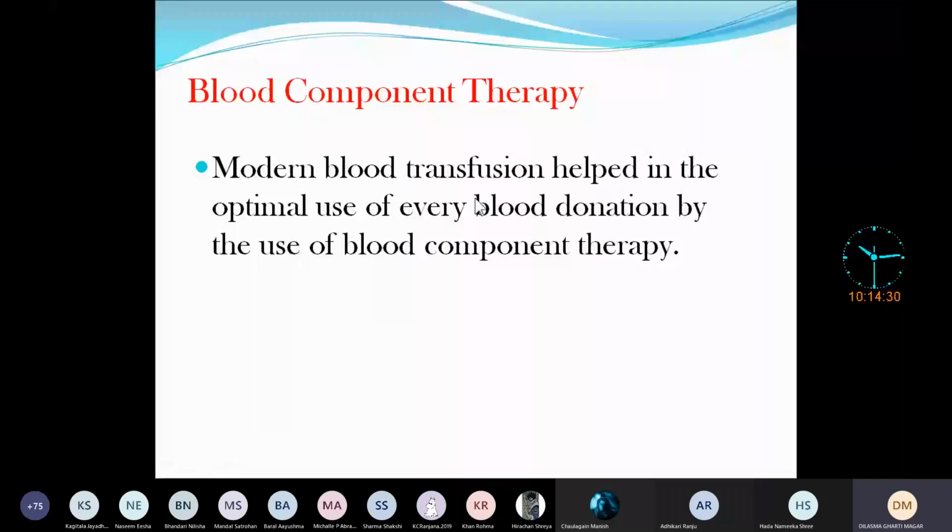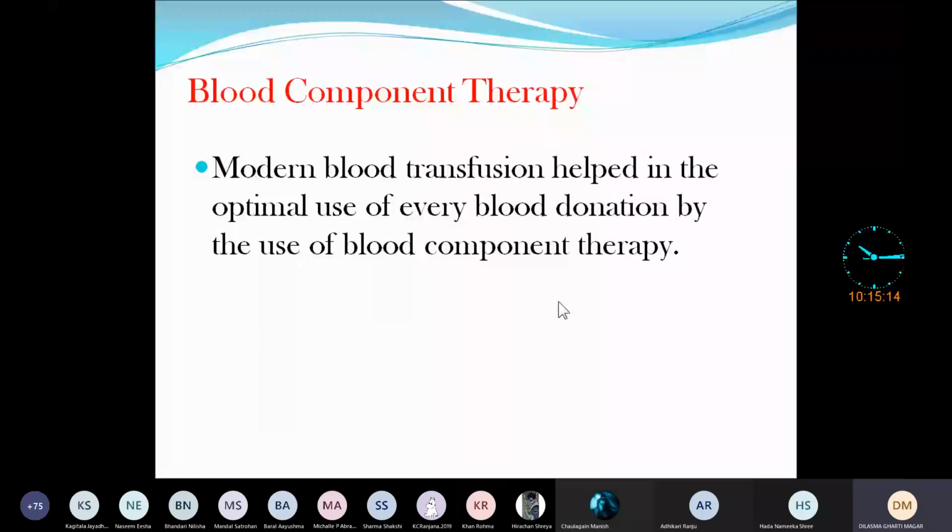So one person can give blood to 3 persons, isn't it? If a person requires only platelets, then we should not give the RBC component, because if RBC is given, it's not required for his body. Only the platelet is required in this condition, just one example. So here the RBCs will go to waste. If RBC is given to a person who requires RBC, then it is useful. So we will have the optimal use of every blood donation by the use of component therapy. It's not that we cannot give whole blood. We can also give it, but component therapy is better.